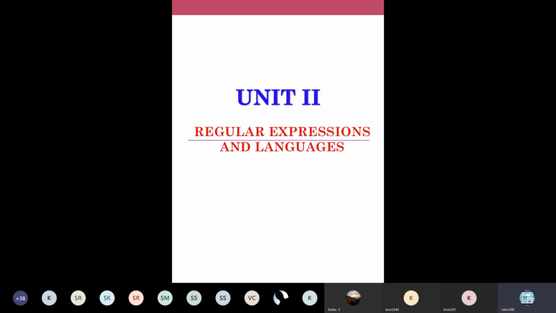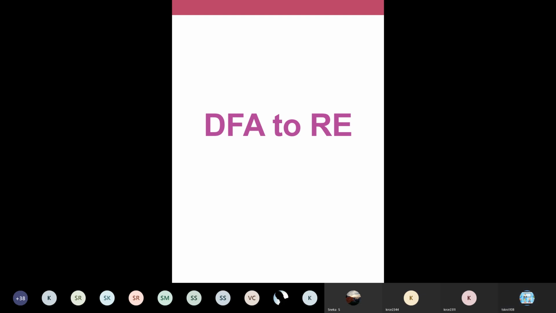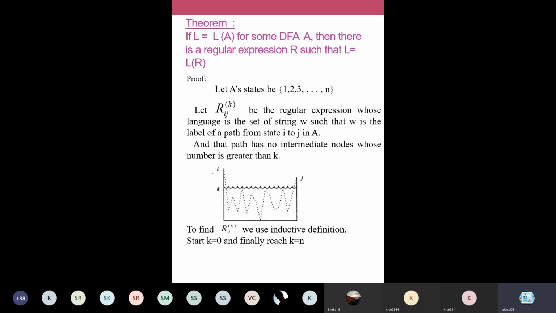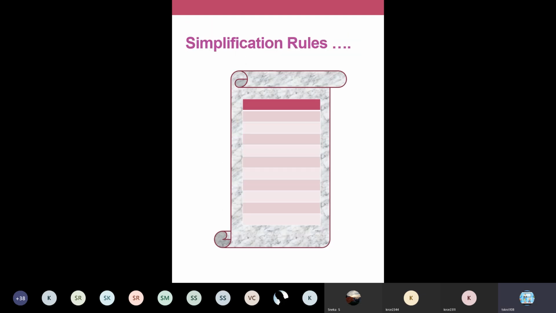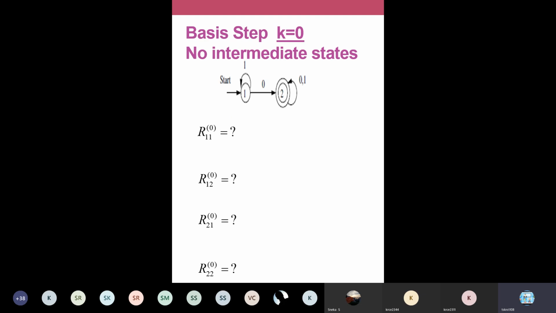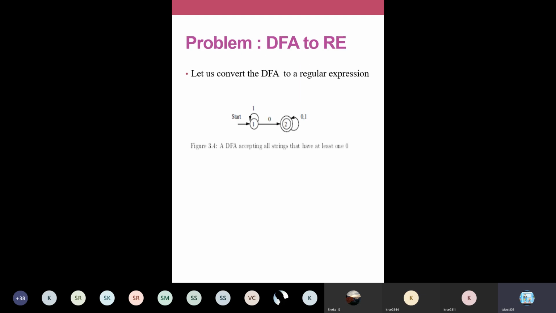So these two problems you are going to solve. Once again, I'm telling you, sit comfortably with your notebook so that you can solve the problem carefully, step by step. Last class we discussed this one. I want to give a recap of what we saw in the last class, then I'll go for a problem, in converting a DFA into a regular expression.